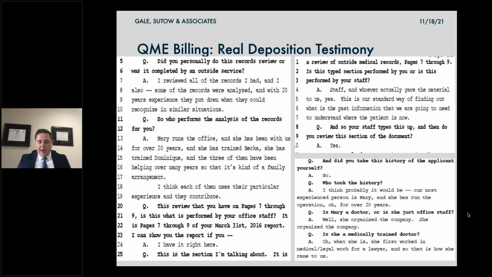We were able to get to an AME. We had originally a QME who found injuries to thoracic, lumbar, bilateral knees, bilateral feet, bilateral ankles, myofascial pain syndrome. I was able to get it to an AME who looked at the records and said, yeah, this is extensively pre-existing, 80% non-industrial, and I only find her to have injuries to the knees. So if you get some of these questionable doctors, and you probably know who they might be when you see them, take a look at the billing and at what they're doing in their reporting, because these consistent missed issues are what is driving some of the cost increases on some of these cases.